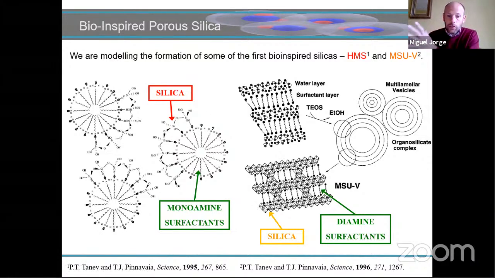So at very high pH, these groups are neutral, but as you lower the pH beyond about 10 or 9, these groups start to become protonated and charged. Okay, and we